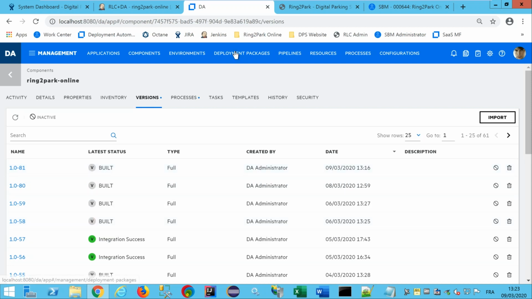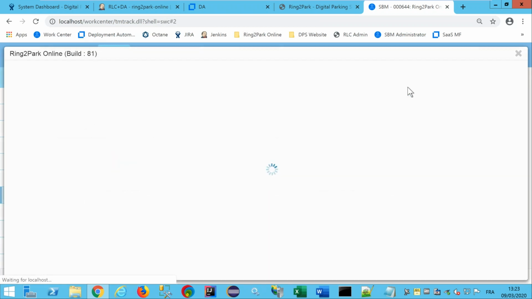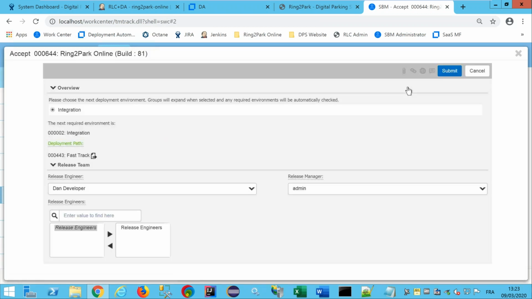So now I go back to my release control, and I can move through the workflow. The current state is acceptance. So you can accept. We can say that the release manager accepts the definition of this release package, and he asks the release engineer to deploy it. It depends on your organization and how you want to use release control, but just keep in mind, if you have several profiles, you can implement several kinds of workflow based on the profile you want.